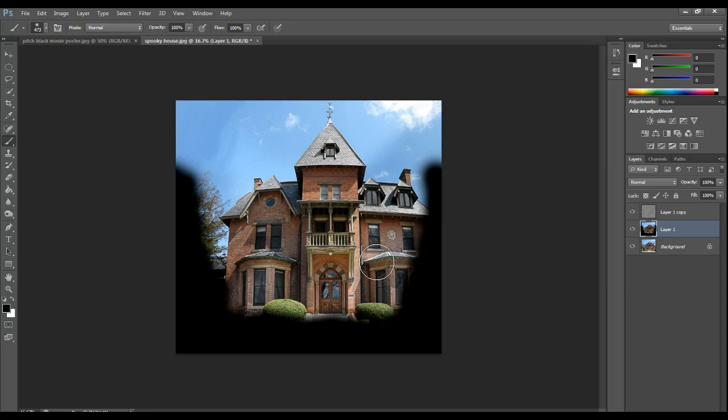You can play with those levels if you're thinking you want something different. Okay, so now that I've done that, I want to link my two layers together. So I'm going to click on that layer, and then I'm going to hold Control and click this other layer